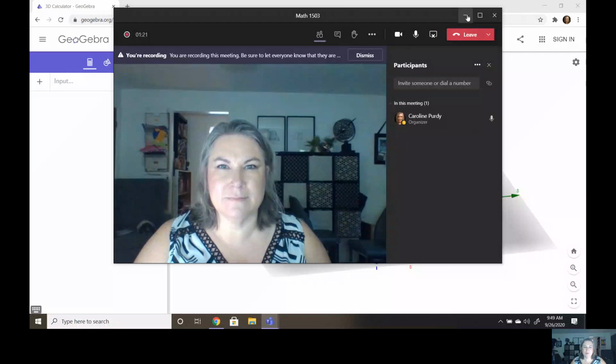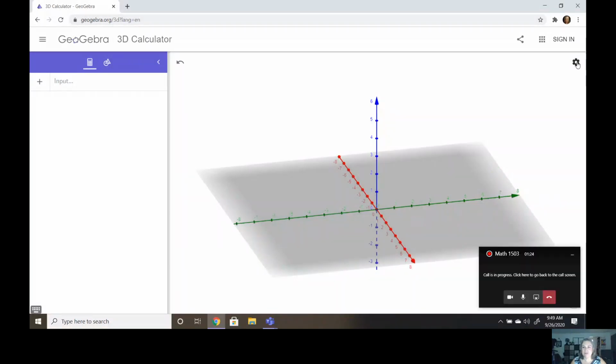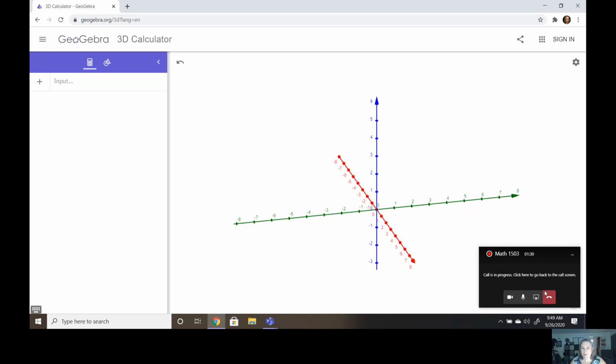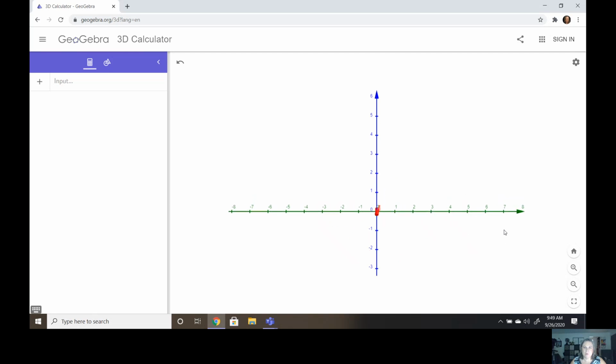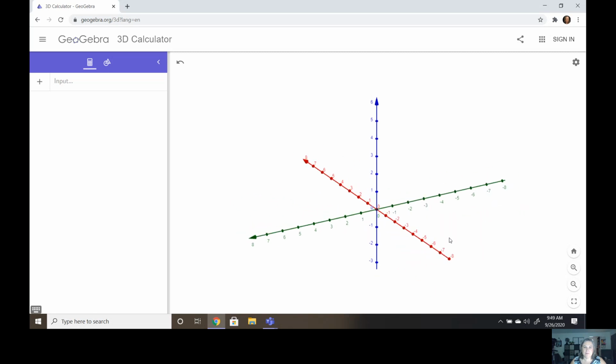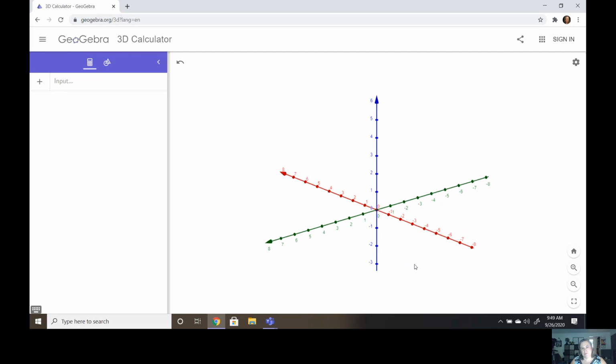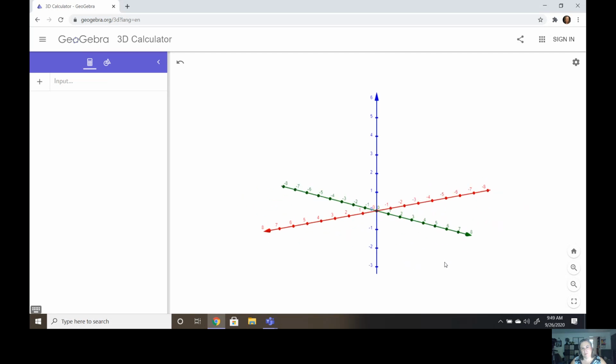Hi, so what we're going to look at is just some images of planes. So here we have a coordinate axis, a 3D coordinate axis. Okay, so we've got an X, a Y, and a Z axis. And if I put an equation of a plane here,